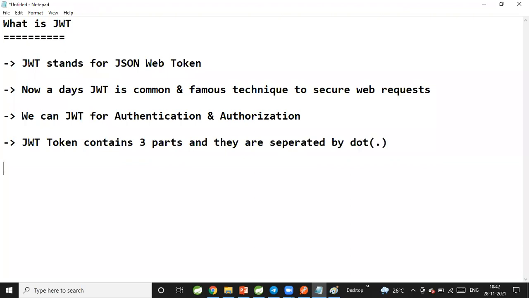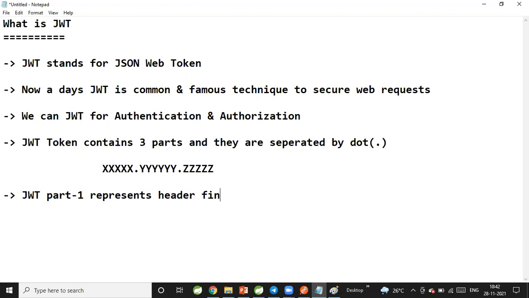The token contains three parts, and they are separated by dots. Here, I'm taking a sample token. The first part, JWT part 1, represents header information.